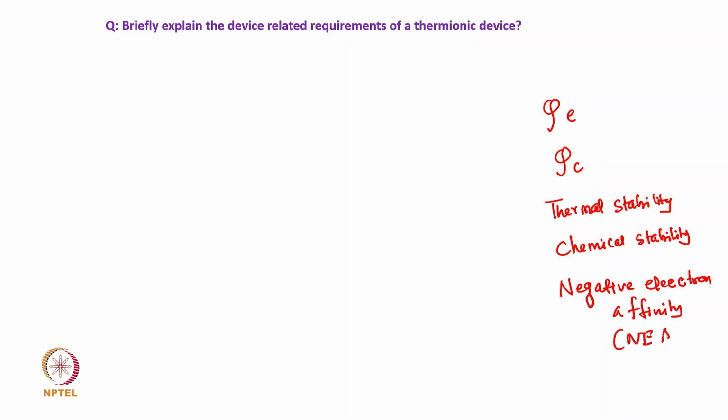And I have discussed a little bit about what negative electron affinity is and how it improves the thermionic emission process. So, these are some parameters which we have to look at very critically for a device,